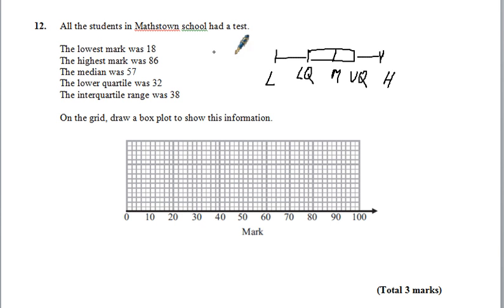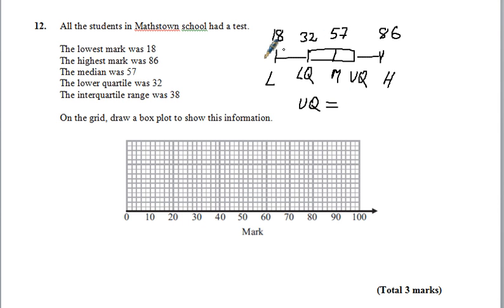For the lowest mark, you have 18. For the highest mark, you have 86. For the median, you have 57. For the low quartile, you have 32. And then you don't have the upper quartile. So how can you get the upper quartile